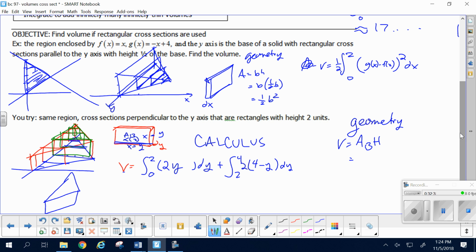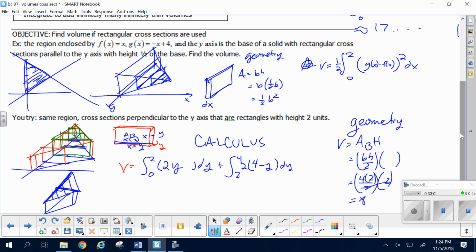Isn't the base just the congruent figures in parallel planes? So something like the triangle. The base, here's the best place to go for the base and the height. What's the base of that triangle? 4. And what's the height of that triangle? 2. And what's the height of the prism? 2. And so,